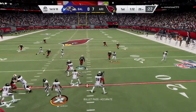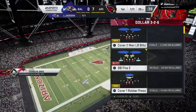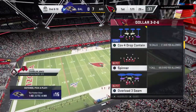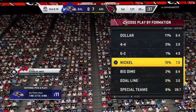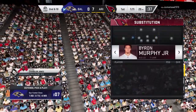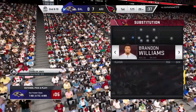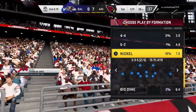From the gun, it's Jackson. And that is incomplete. He couldn't hold on through the contact. Brings up 2nd down. Charles, already trailing by a touchdown early, this offense, how imperative is it for them to get points out of this drive? Well, they feel like they have to go ahead and match because of what was already on the board against their defense. But I think even more so,